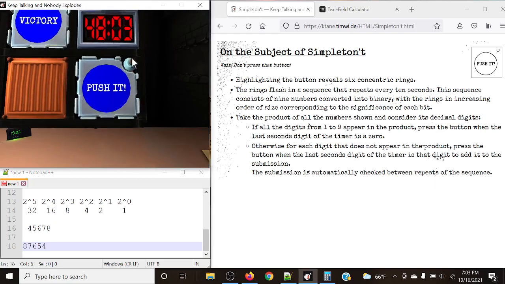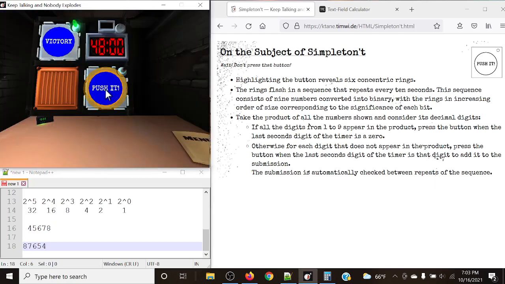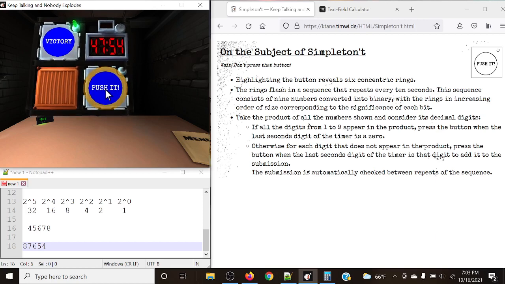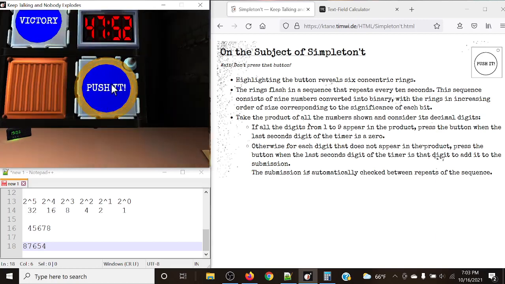We're going to wait for the 0 to roll around because that is technically the submission part and the reset. So we're going to do 8, 7, 6, 5, and 4. And then we're going to wait for the submission part to come in. And just like that